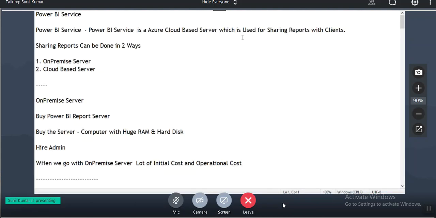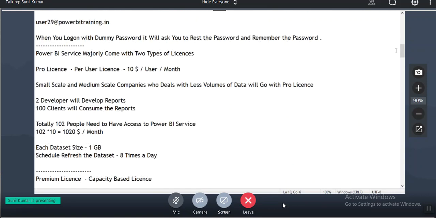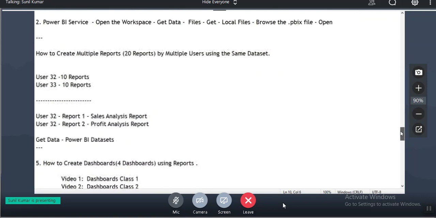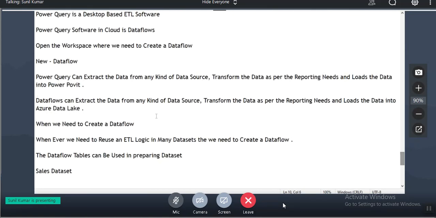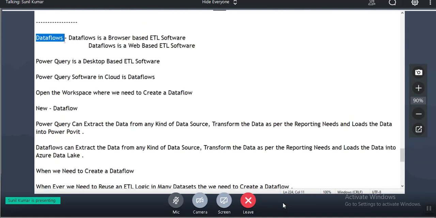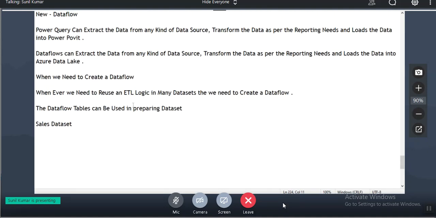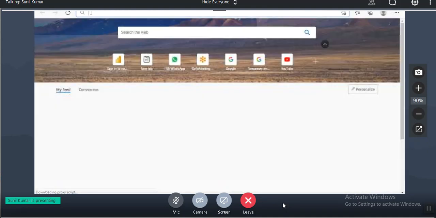We're discussing multiple folders and subfolders in the Power BI service. As part of that, we saw what data flows are. The next one you'll see in the workspace is the data set.